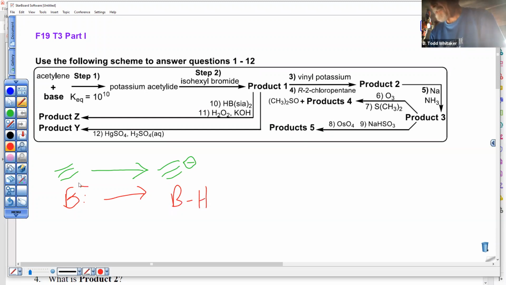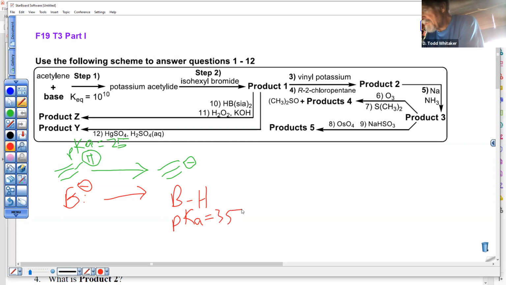So there'll be a base minus. And this pKa has to be, because the pKa of this H here is 25, this better be 35,